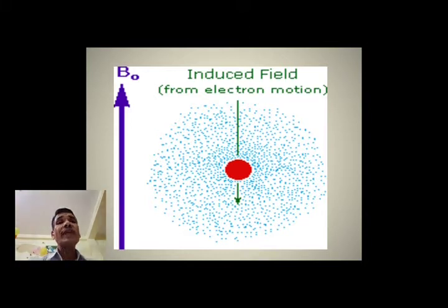The induced magnetic field by spinning of a nucleus is shown in this picture under the influence of externally applied magnetic field B0, and the downward arrow indicates the axis of spinning of this nucleus around its own axis, and this space indicates the electron density, where electrons are revolving around this nucleus in a specific orbit.